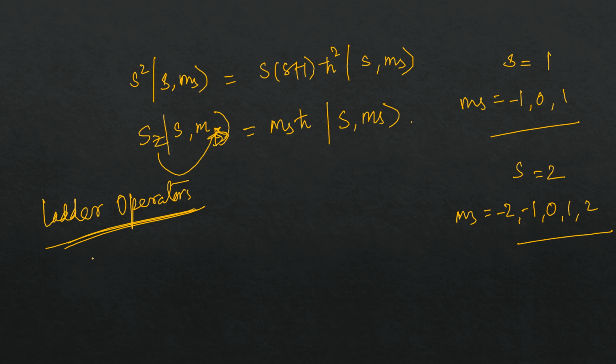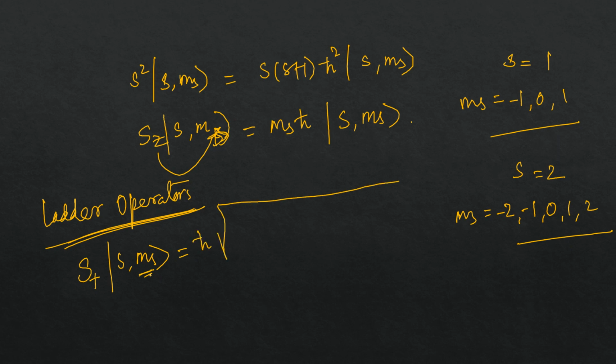That means something that will increase the value. See, S plus is a ladder operator. What will it do, for example, S plus acting on |S, Ms>? It will increase the value of Ms by 1. But its eigenvalue will be h cut. When there is a plus here, it will be S